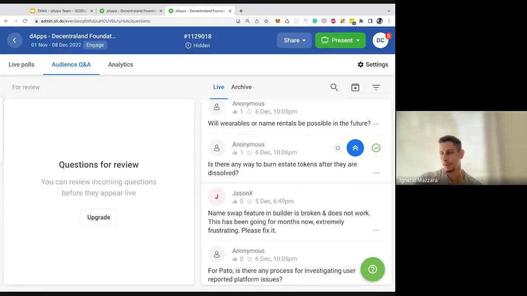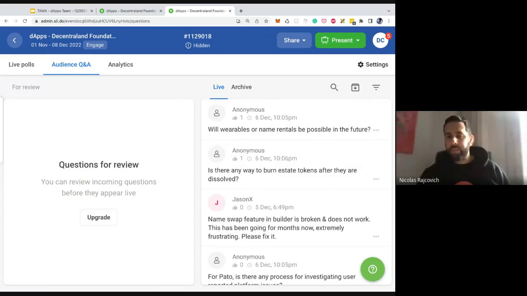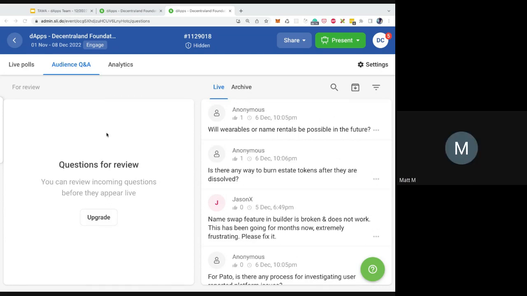Okay. Will wearable surname strength be possible in the future? I don't know, Nico, if you want to take this one. Yes. There are no plans for this, at least not for the next year, but I'm interested in understanding more context about this. What value do you see in this type of feature, specifically for wearables? If the person who asked the question is here and wants to add more context, yes. Yeah, this is just something that I guess users who have a lot of wearables or maybe a lot of mythics or even one-of-ones,